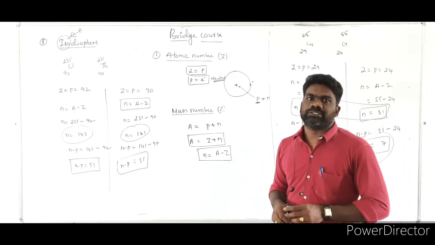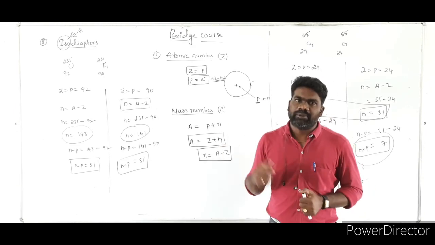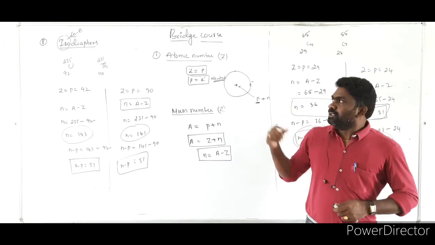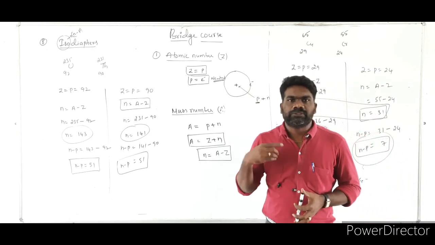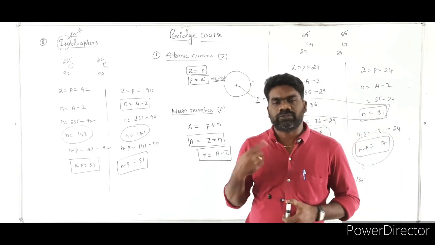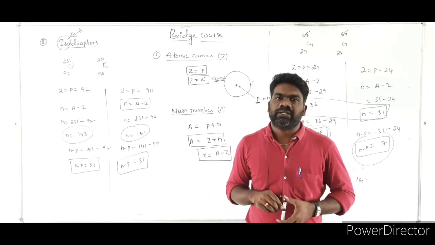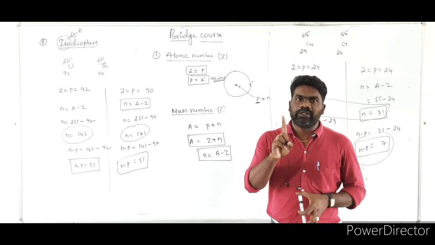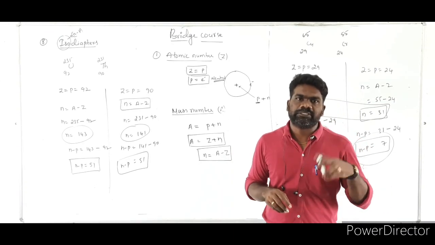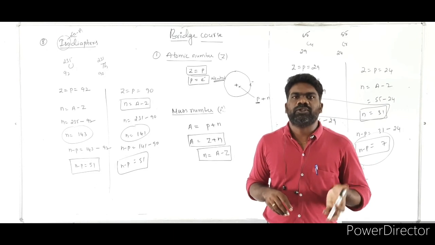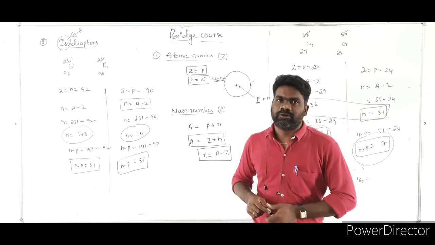So far we learned about some important terminology, important terms in atomic structure. They are: atomic number, mass number, isotopes, isobars, isotones, isoelectronic species, isosters, and isodiaphers. So one point you remember: something is the same, and you have to find out what is the same. Something will be different, the mass number, or atomic number, or neutron number, and we have to find out. So this is today's objective, the course topic.